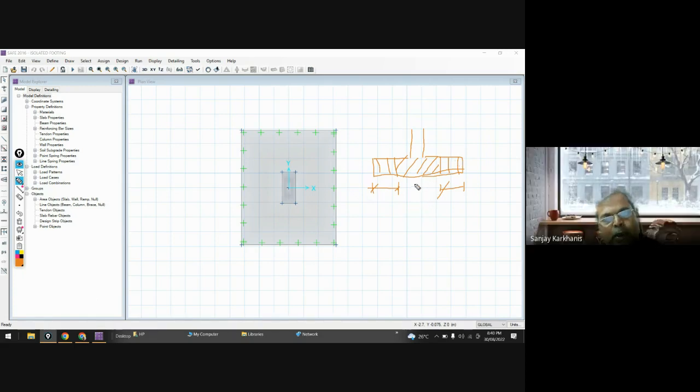Now, this is when it is to be defined for software. Software will not understand your design process. Software will understand in terms of some assumptions. So for software, what we do is we provide a strip. So what is the area right now? If I go and see,